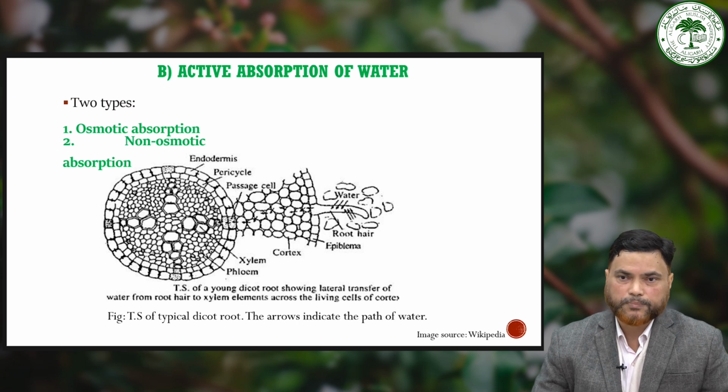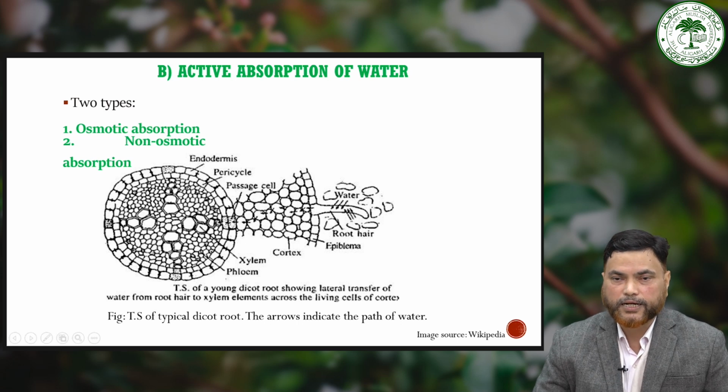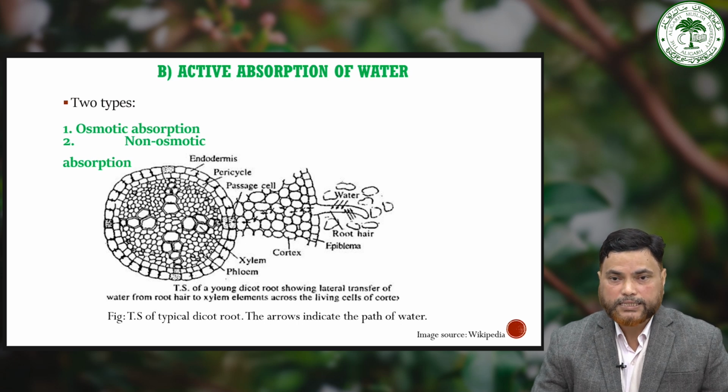So, basically this concept was proposed by Atkins and Priestley, and it is cell to cell osmotic diffusion that takes place. And how does this pathway occur? Generally, the solute concentration in the root hairs is higher than that of the soil. So, what happens if the solute concentration in the root hairs is higher than the soil? As a result, the water potential within the root hairs decreases due to the presence of solute. So, this creates a sort of driving force for water to move from the soil into the root hairs through the